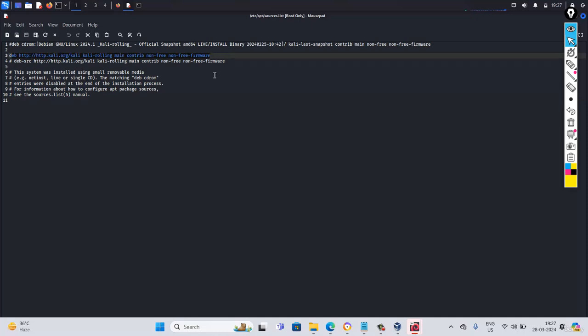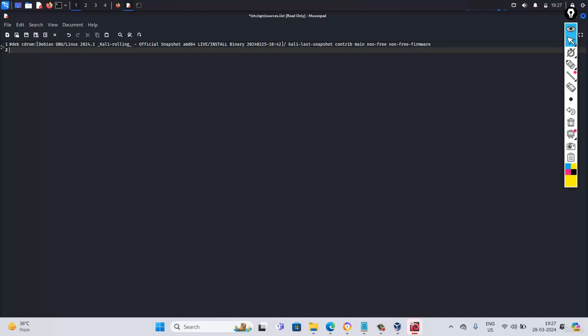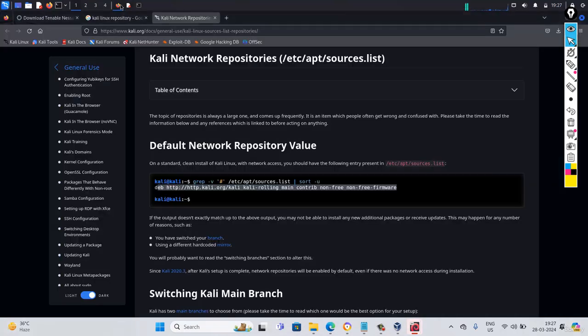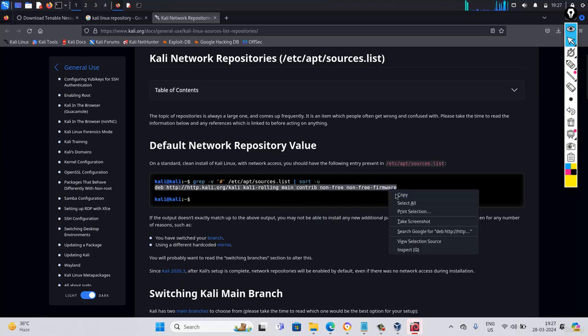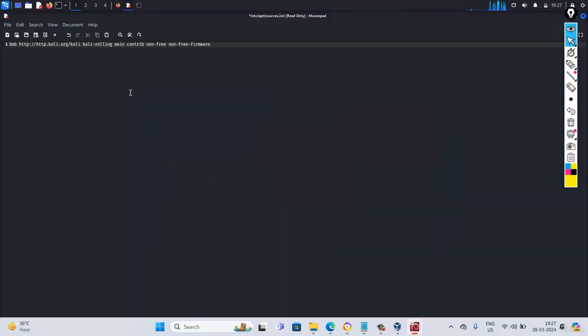Now you can check here, this file is here. If there is no entry, what will you do? Like, I am going to remove all the entries here. I don't want any entry here. What I will do is go to this location and copy this particular deb line. Make sure you copy the full line, then paste it here. And once you paste here, then you will do the save, oh my god, I need to use